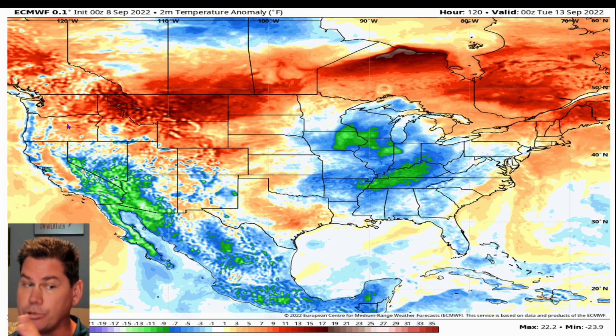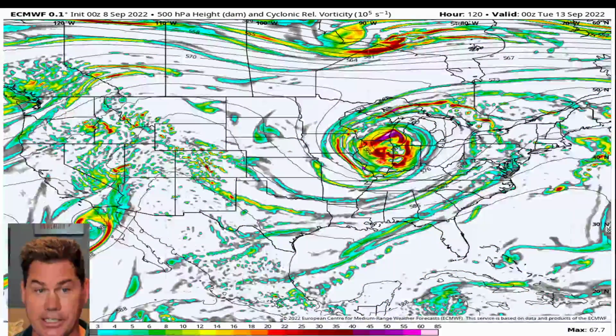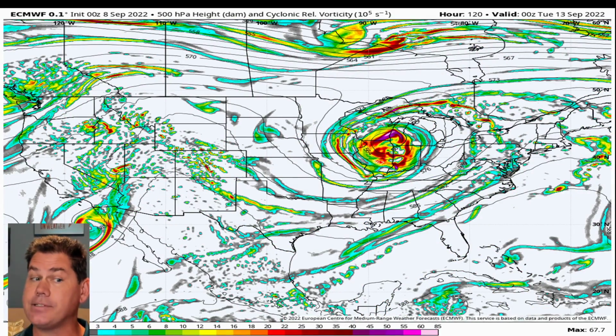As it does, it will slowly shift further into the central US. While here, we've got the low pressure on top of the trough. That brings the overall below average temperature anomalies for this region. And then underneath it, there's that trough of low pressure with a pretty good vorticity setting up over portions of